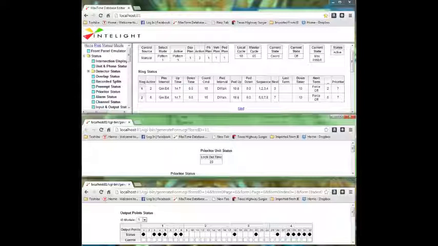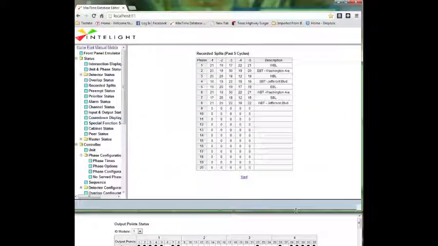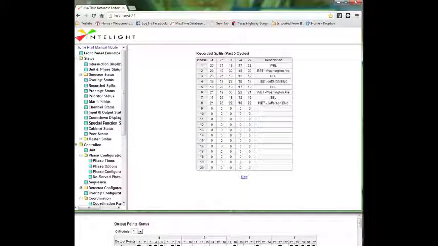So that's how it works. It's a very soft type priority. So now we can look at the recorded splits and see what we did, what splits went long, what splits went short. We can look at a particular cycle. We can look at this number 4 cycle, and if we draw a circle around it, so we can say, okay, we had a bus priority, and if we look at this guy,